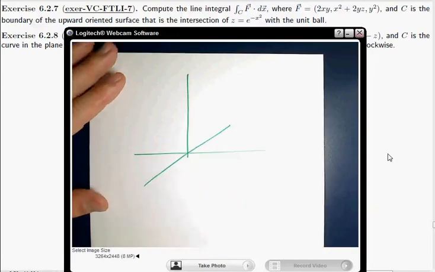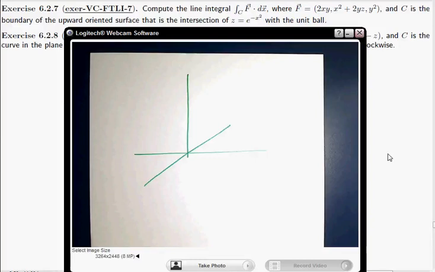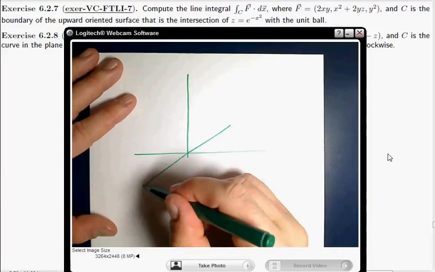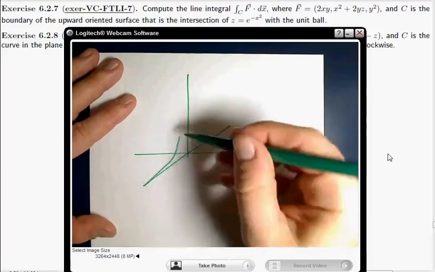So z equals e to the negative x squared. Well, there's no y's. So what I've got here, I'm going to just draw it in the xz plane, and then we'll just drag it parallel to the y-axis when we're done. So z equals e to the negative x squared is something that looks kind of like this